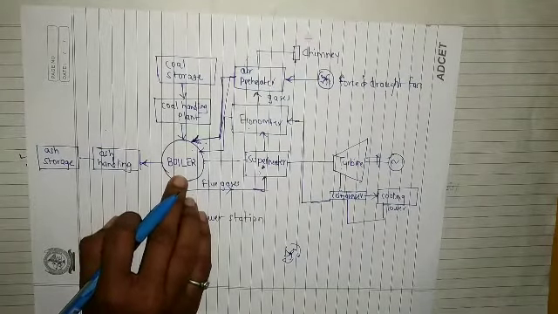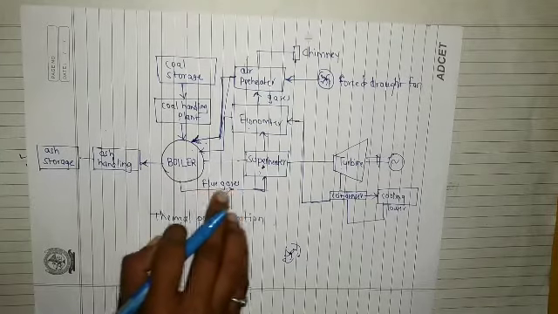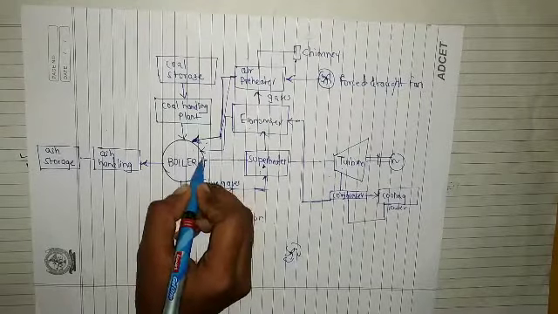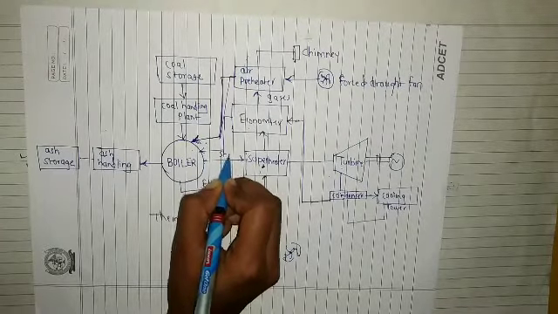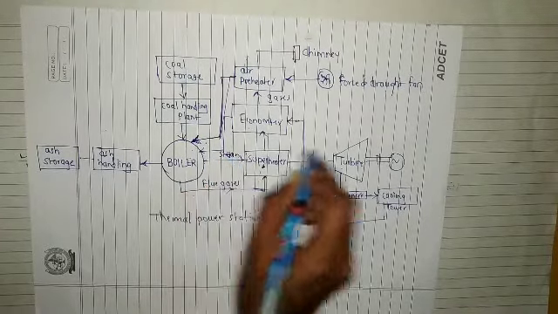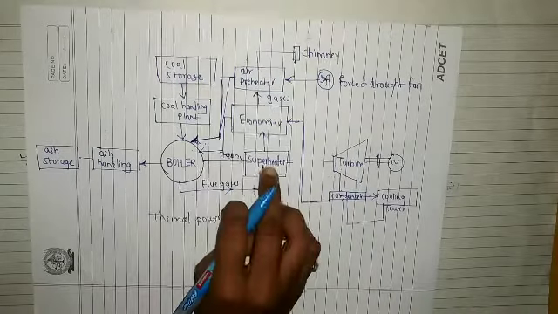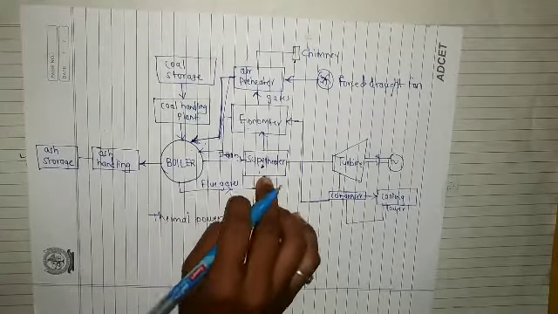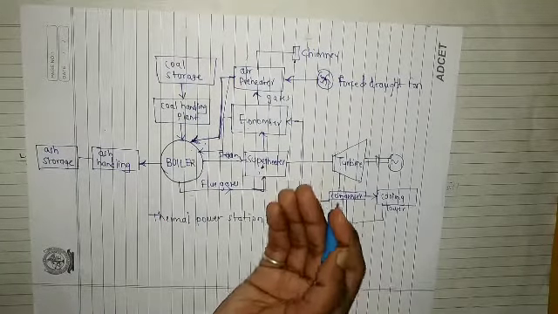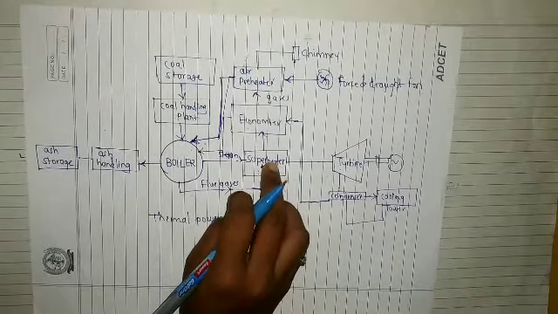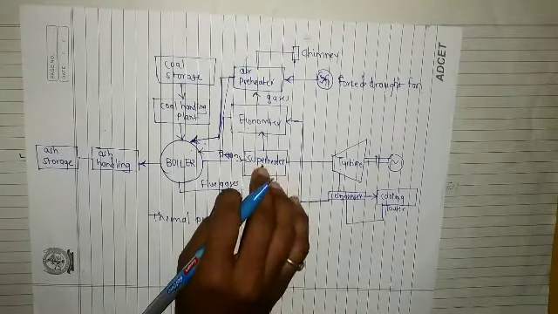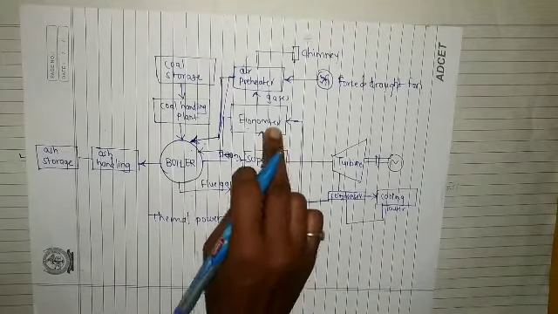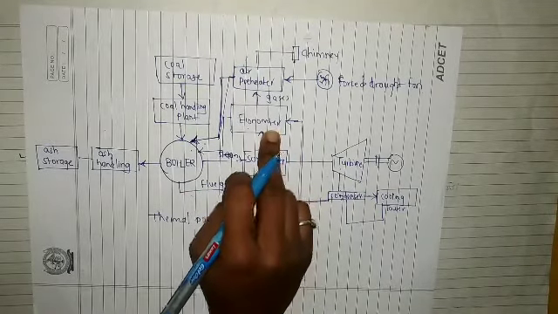Now these flue gases are hot, right? They are a little bit hot. Whenever they pass through this superheater, the steam that we have converted, the steam going to the turbine, is wet steam. Whenever it comes into the superheater, due to these flue gases, it will get superheated, right? And due to this, our dry steam will be generated here, right? And these flue gases then again go to the economizer, right?